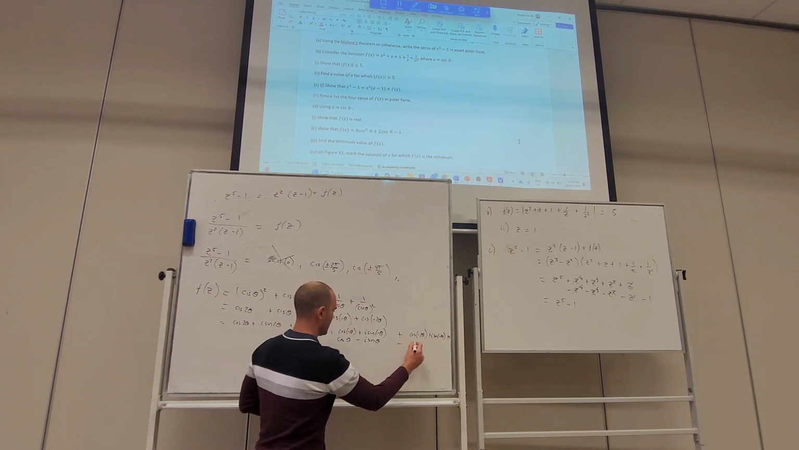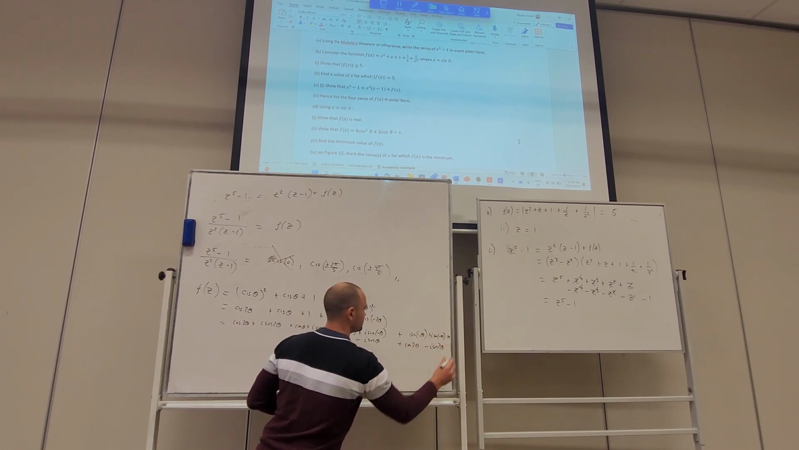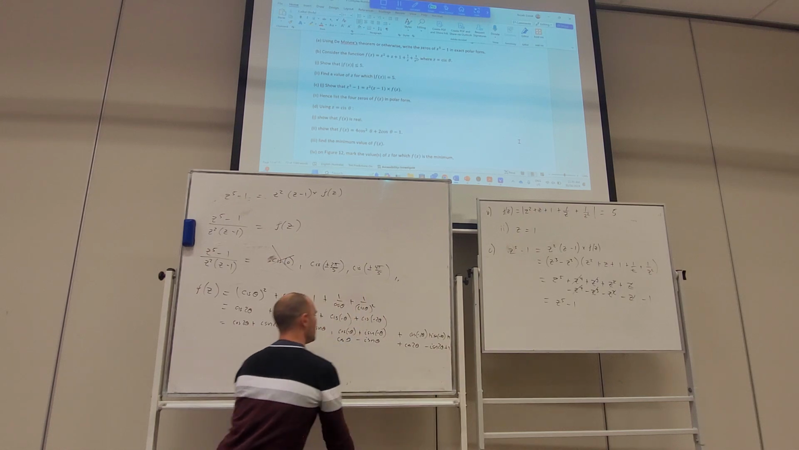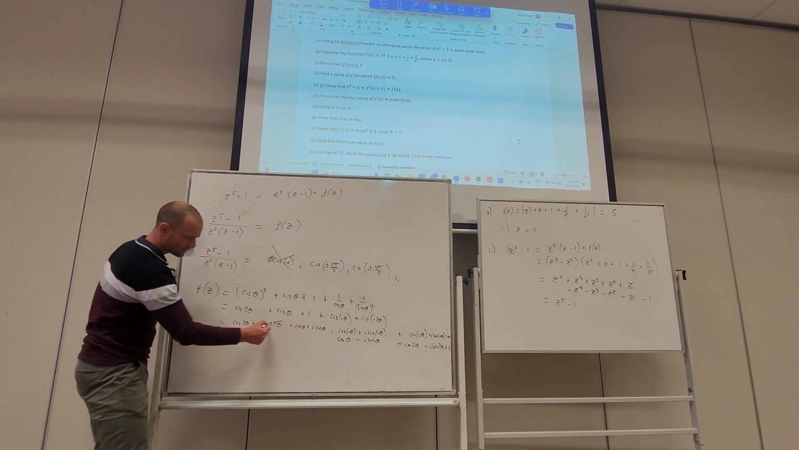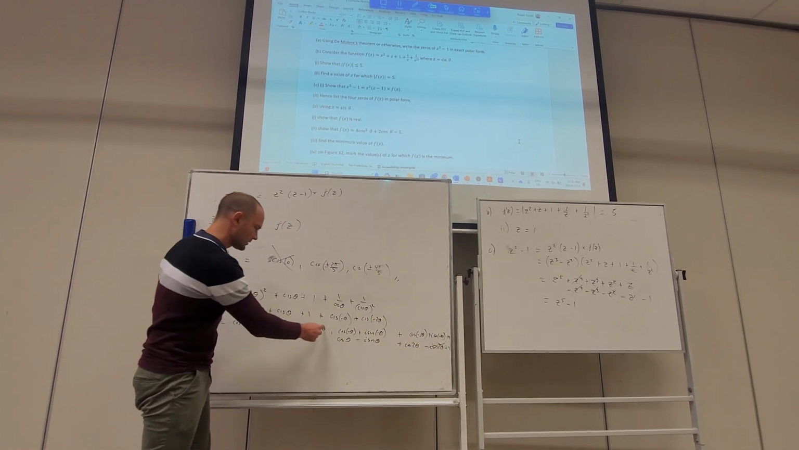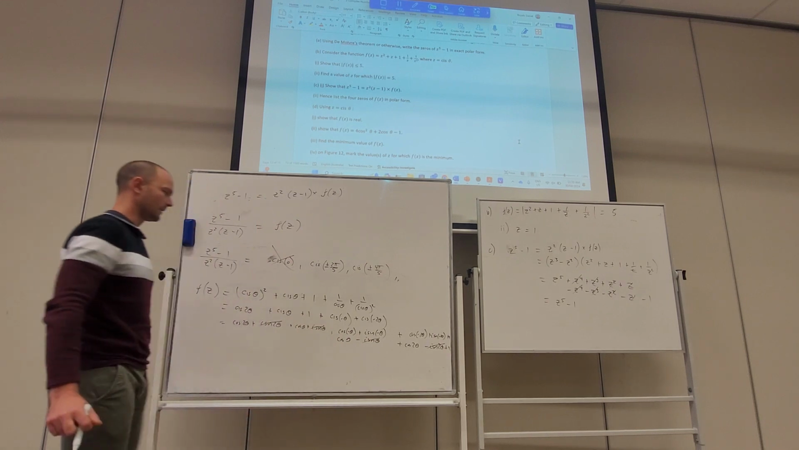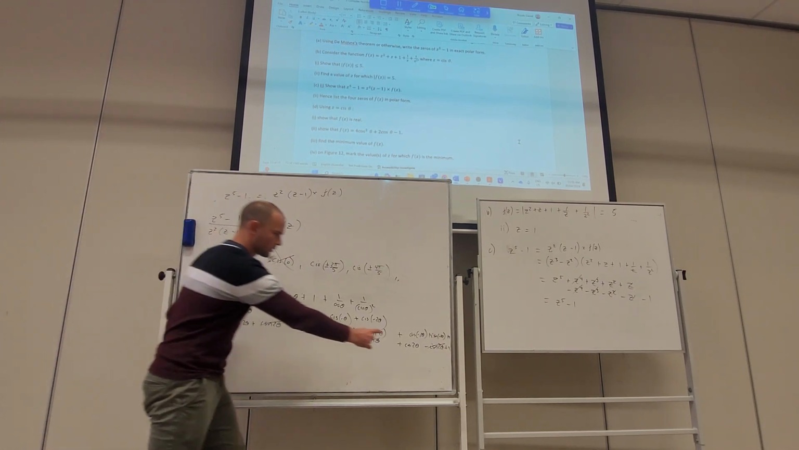Okay, that's going to be cos 2θ, and this is going to be minus i sin 2θ plus 1. So when we're collecting it, we're going to notice i sin 2θ minus i sin 2θ, and i sin θ minus i sin θ. And so what are we left with? We've got 2 lots of cos 2θ